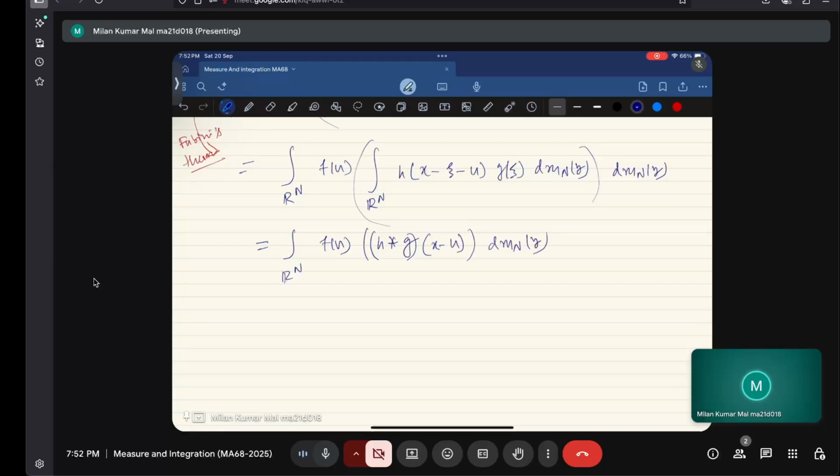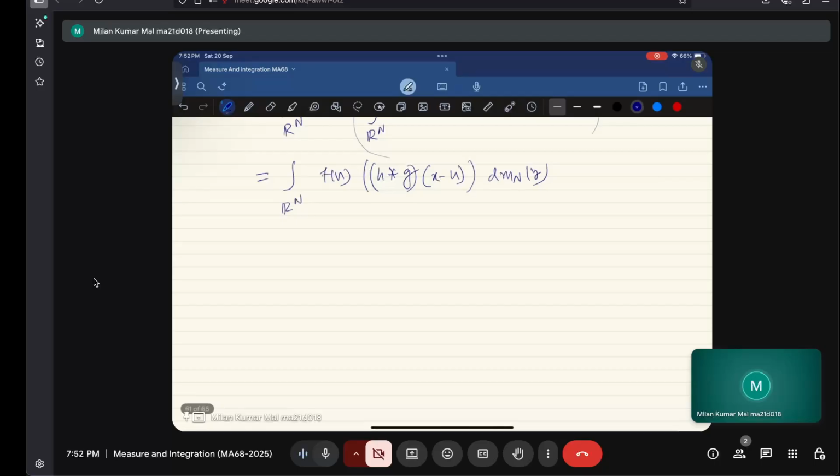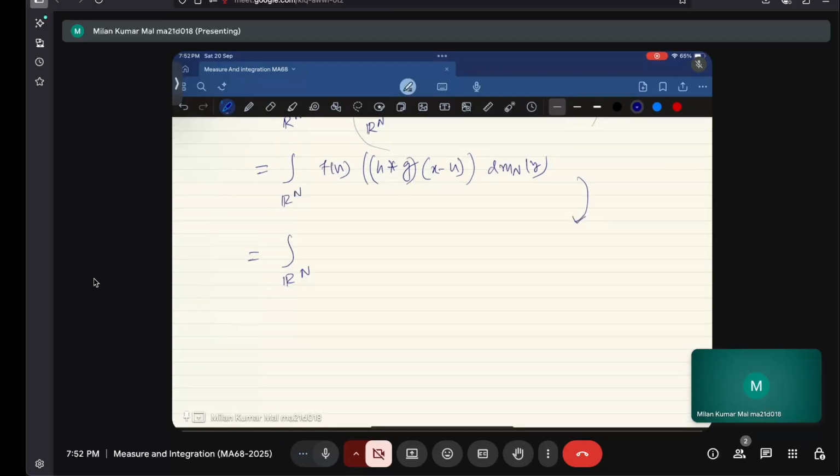But here I can again use the previous theorem by part A: h star g at the point x minus u can be written as g star h at the point x minus u. So it can be written as f of u, g star h at the point x minus u, dm u, and